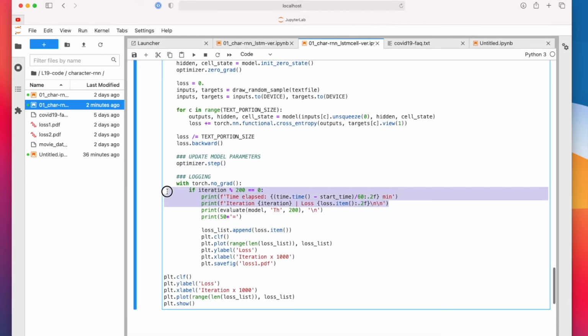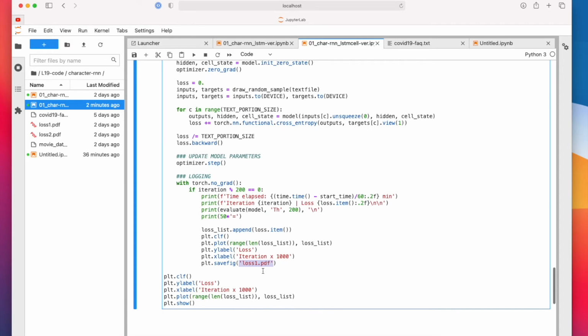So here we just have some logging and some more logging. It will create a PDF with a plot, the loss plot, so we can take a look at it during training. There's also a tool called TensorBoard, which is actually pretty useful, but we already have so many things to talk about and code examples and everything. I don't want to make it more complicated, so we're just using Matplotlib here. But yeah, one last interesting part before I run this is the evaluation function.